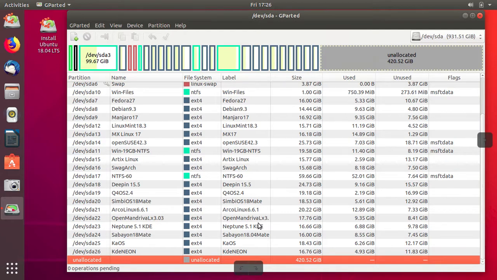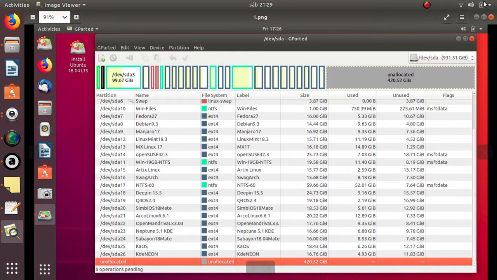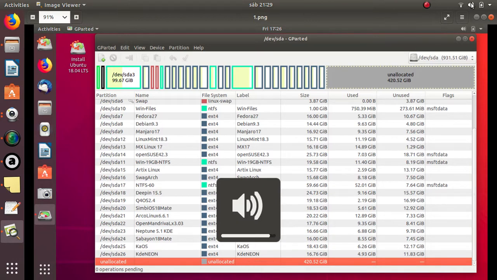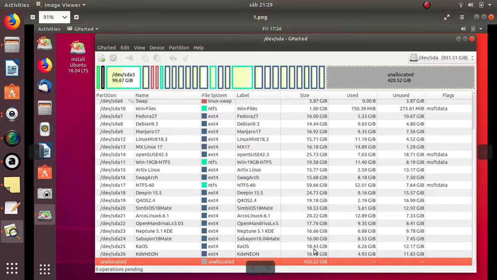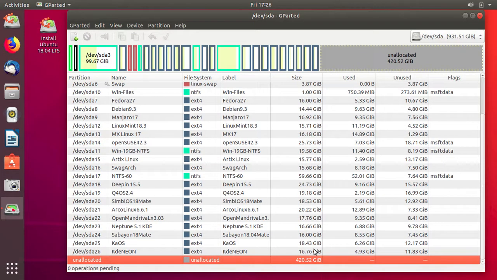Okay, this is my hard drive and how it looked before the installation. So I had a partition space of 420 gigabytes free, and next,